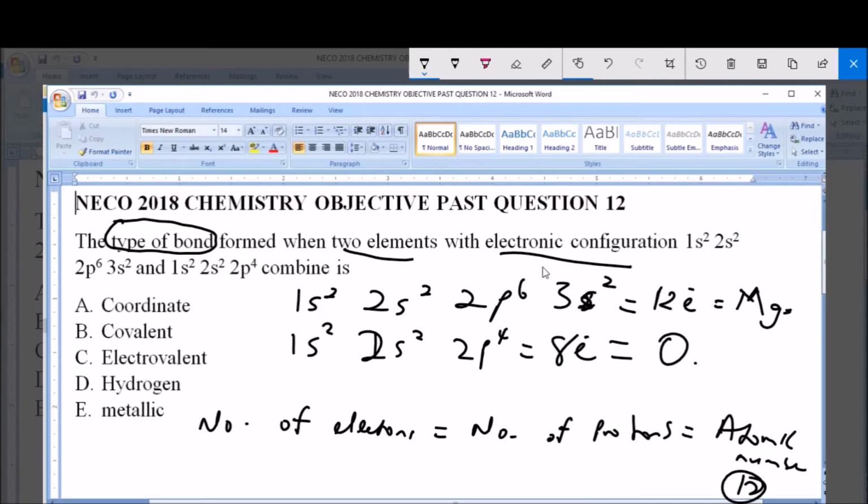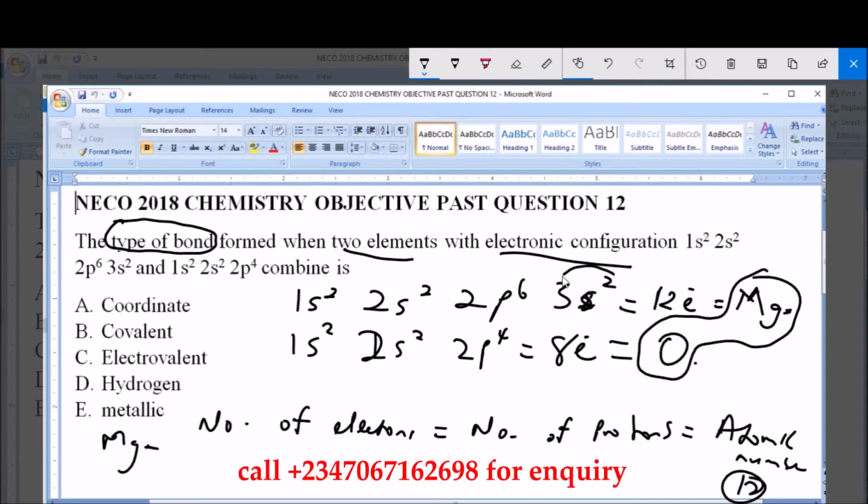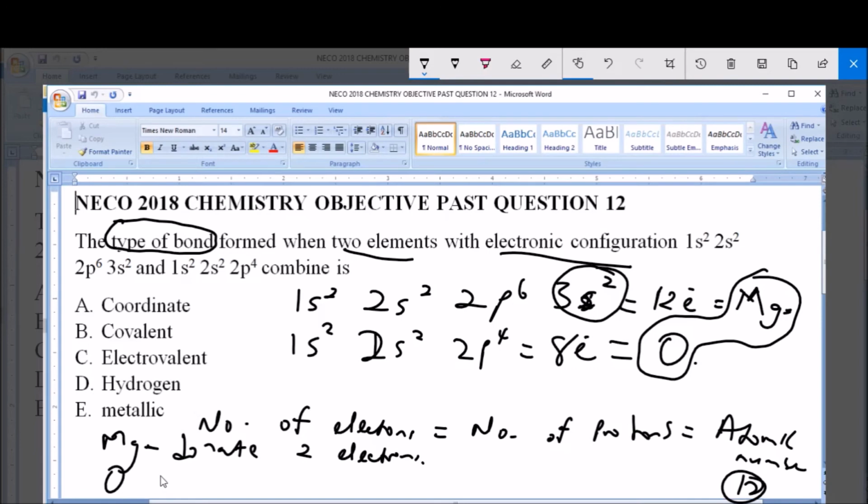So we are asked for the type of bond that will be formed between magnesium and oxygen. Now looking at these two elements, magnesium is a metal, and in order for it to attain stability, it will need to donate 2 of its valence electrons, and oxygen is a non-metal. In order for it to achieve stability, it will need to accept 2 electrons,